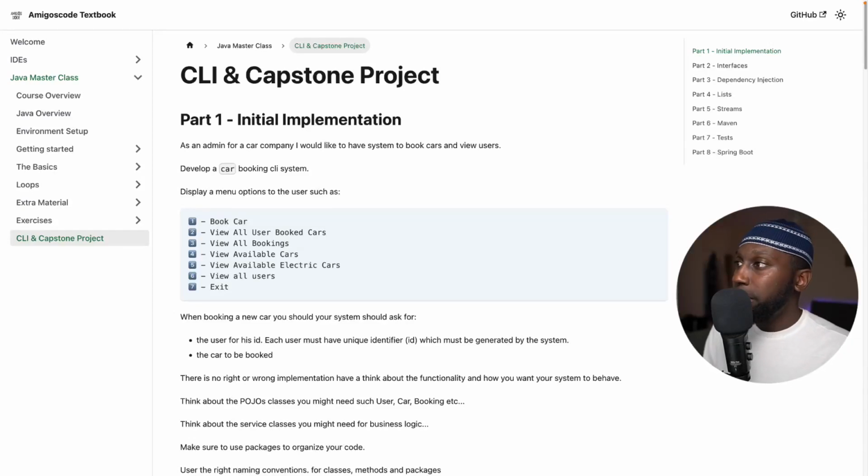So for this part of the project, what you have is the initial implementation. Let's begin with part 1, and then as we go through the other sections, we'll go into part 2, part 3, part 4, 5, 6, 7, and 8. Now for part 1, basically here, as you saw with the demo,